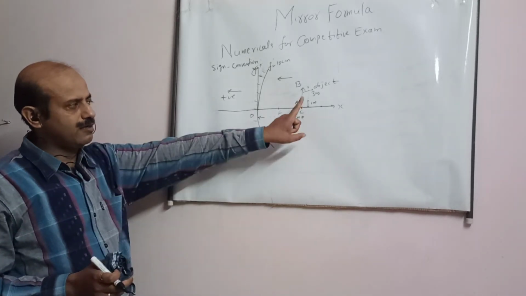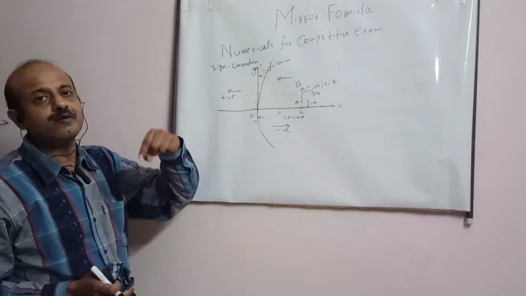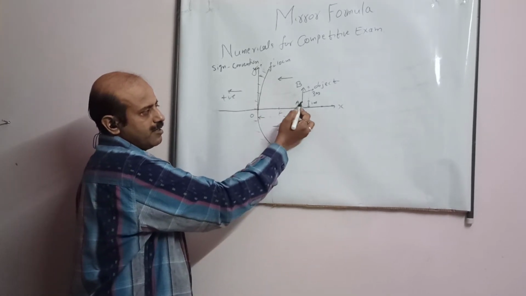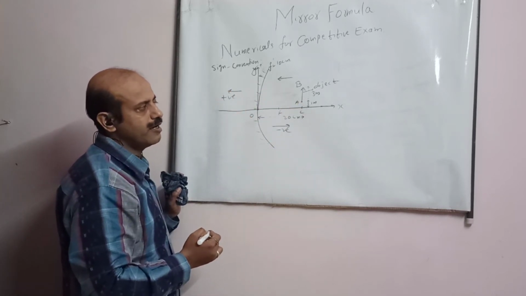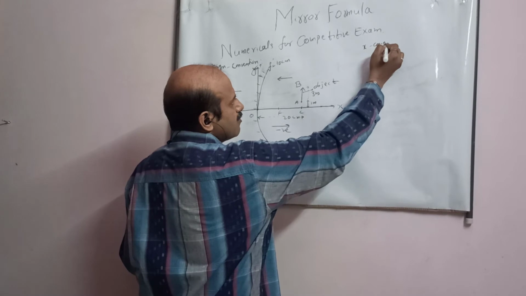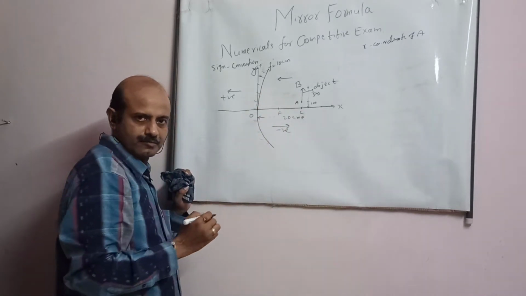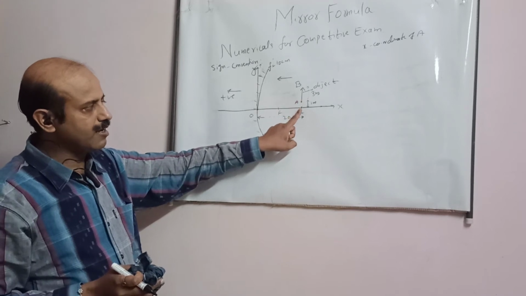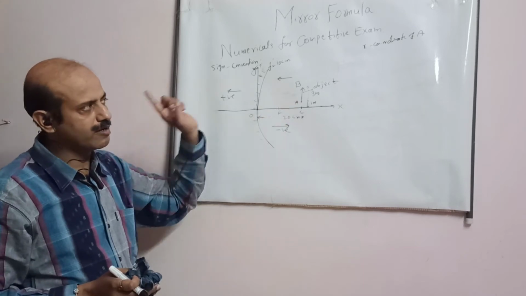Now in order to find the position of A, first I have to find out the x coordinate of A and then I have to calculate the y coordinate of A, student. This distance is 20 centimeter, meaning this object is at 20 centimeter. Okay, let's first find the x coordinate of A. Since the object is above the principal axis, it will have both coordinates, x and y. If the object lies on the principal axis, the image is also formed on the principal axis. In that case only the x coordinate is required, but here both coordinates will be there.